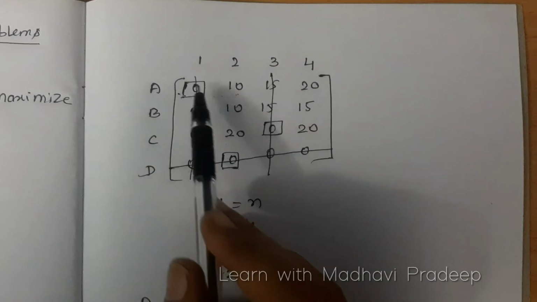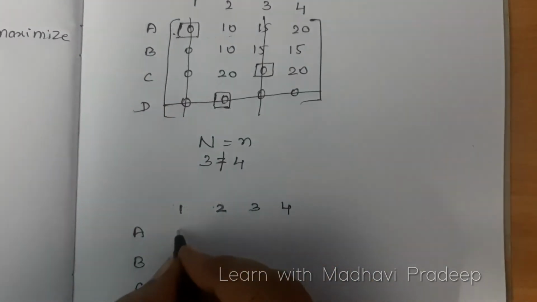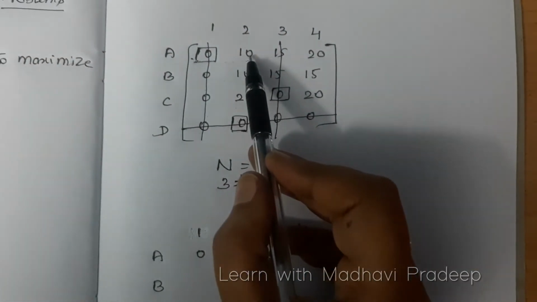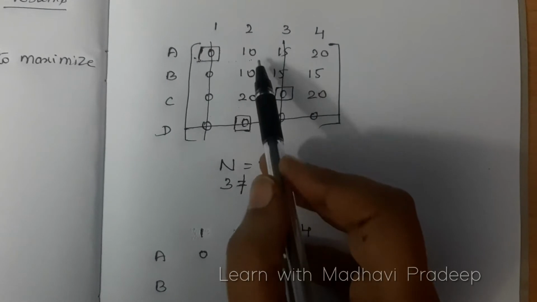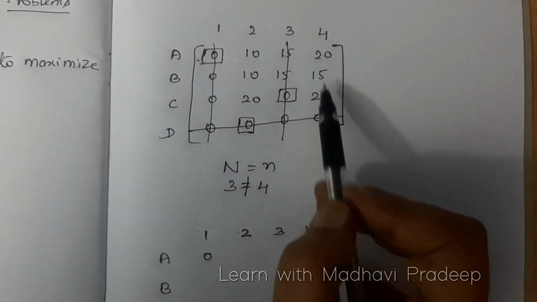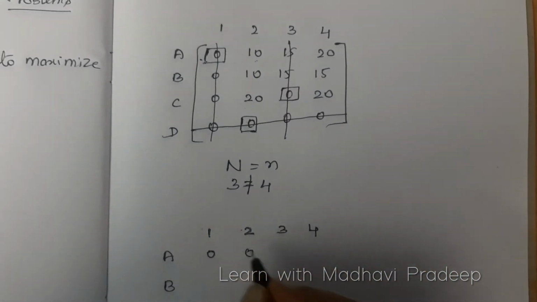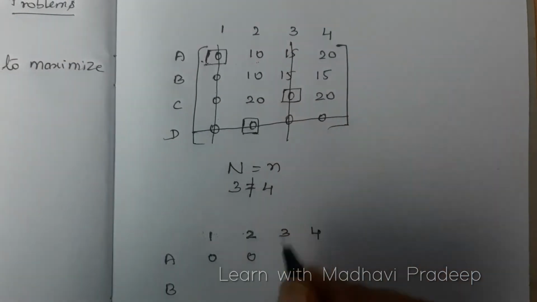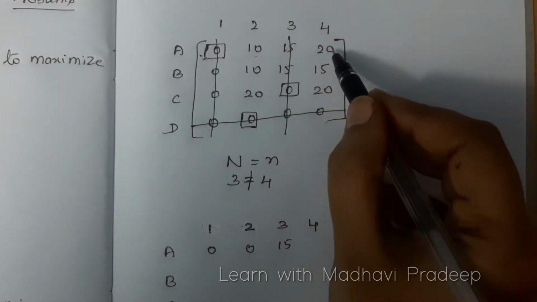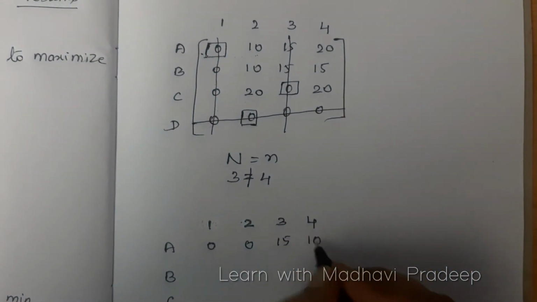Now see here, the first is a deleted cell, so write down the value as it is, 0. The second is an undeleted value 10, and the minimum value is also 10. These are the undeleted values. I told you to take the 10 and subtract it from the other undeleted values. So 10 minus 10, so 0. And this is a deleted value 15, keep it as it is. And again 20 is an undeleted value, so subtract 10 from this 20. So 20 minus 10, you will get 10.